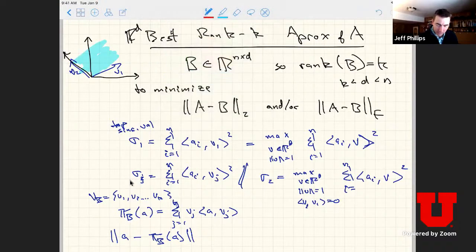Now I have a point a, and I'm going to project down onto the space. This is going to be the projection onto B of a. And then I want to measure the distance from a to the projection down to that subspace, that's going to be this distance right here. Okay? So I want to measure what this distance is,